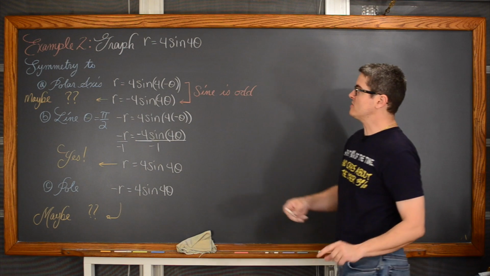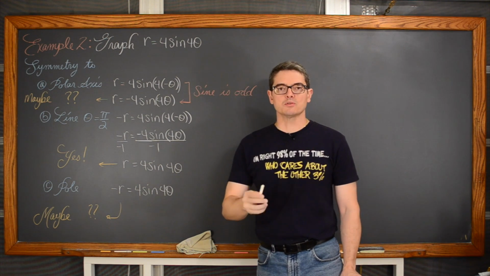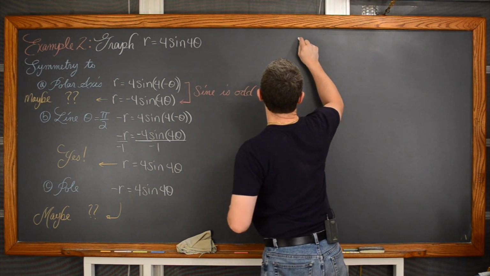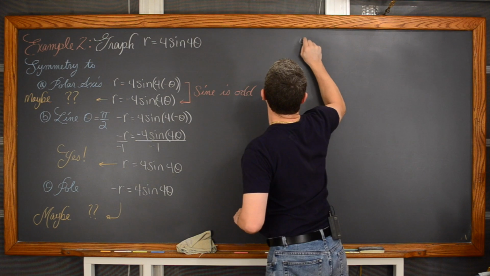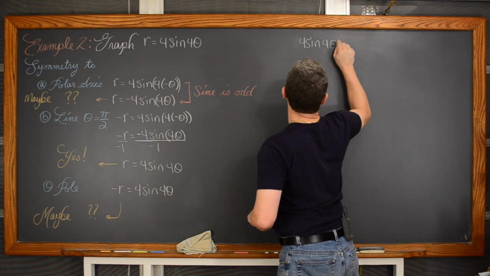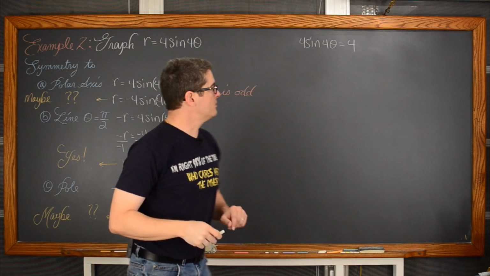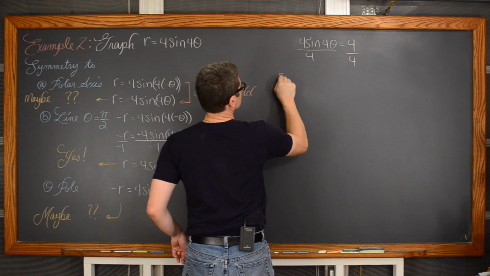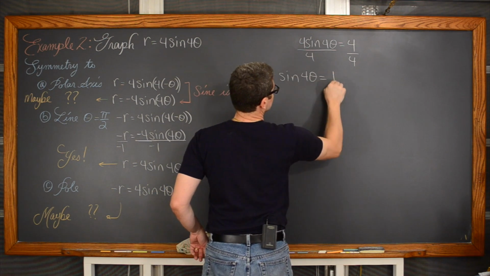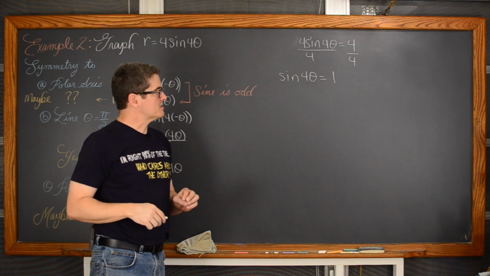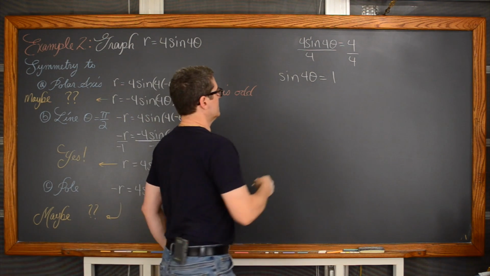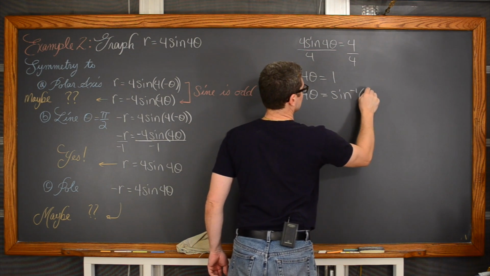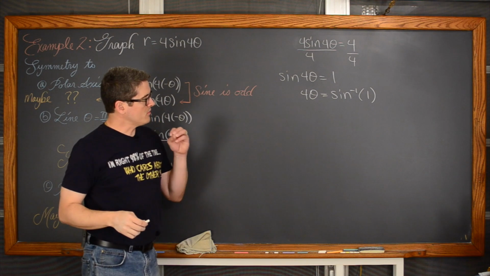Now each of these petals is going to have a maximum length of 4, so we're going to identify the tips of these petals again. We're going to set 4 equal to this equation and divide by 4. Now we're going to get that sine function away from the 4 theta by doing the inverse sine function. A little bit of review of solving trig equations. And now we're going to start going through this.